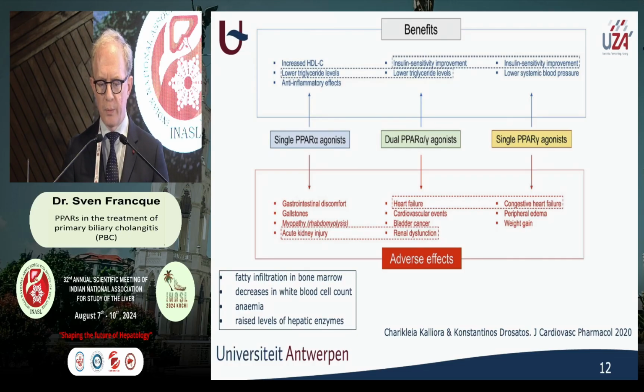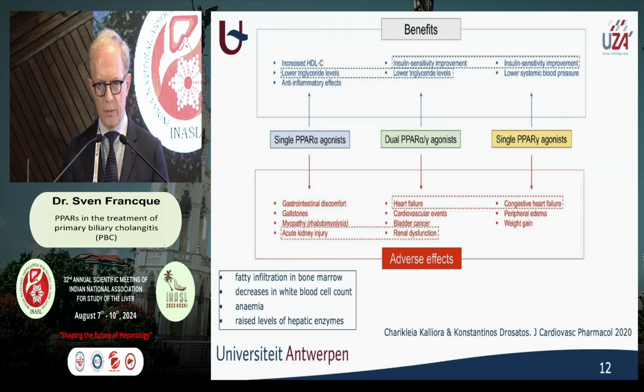We mainly know it for PPAR alpha and PPAR gamma. For PPAR gamma, we know that it can create some weight gain. It's subcutaneous adipose tissue mostly that increases because the adipose tissue function is improved. It can also cause some fluid retention, and it can cause congestive heart failure in people mainly that have pre-existing